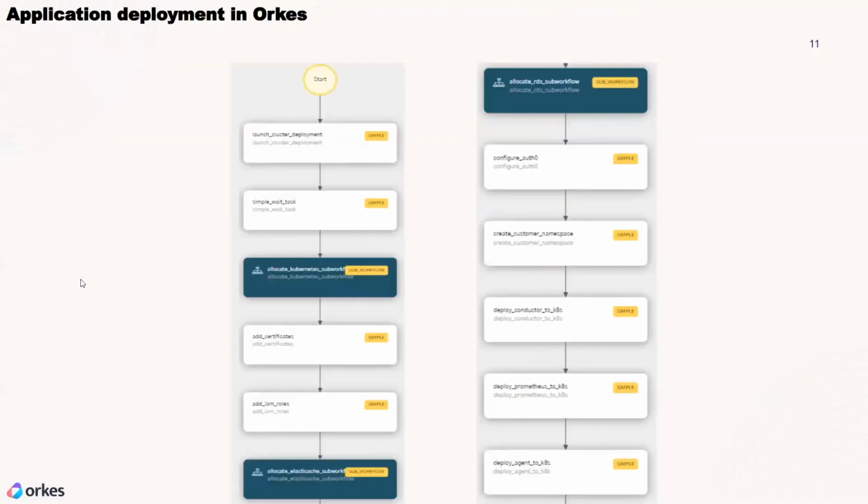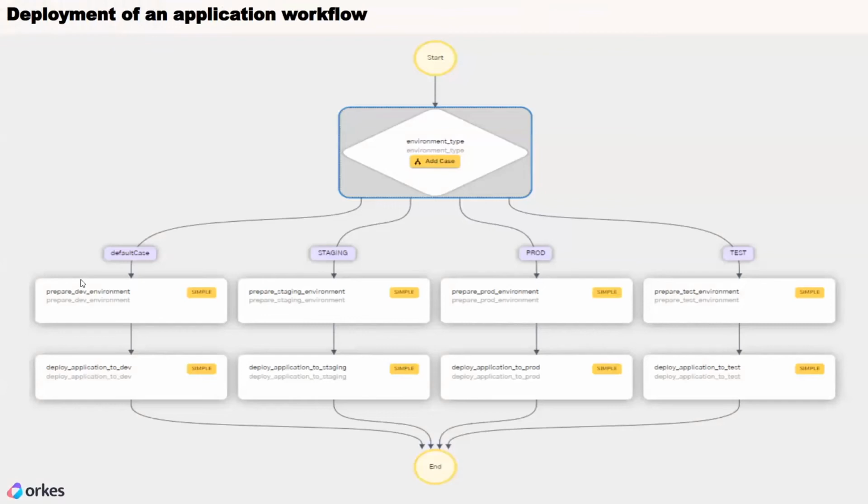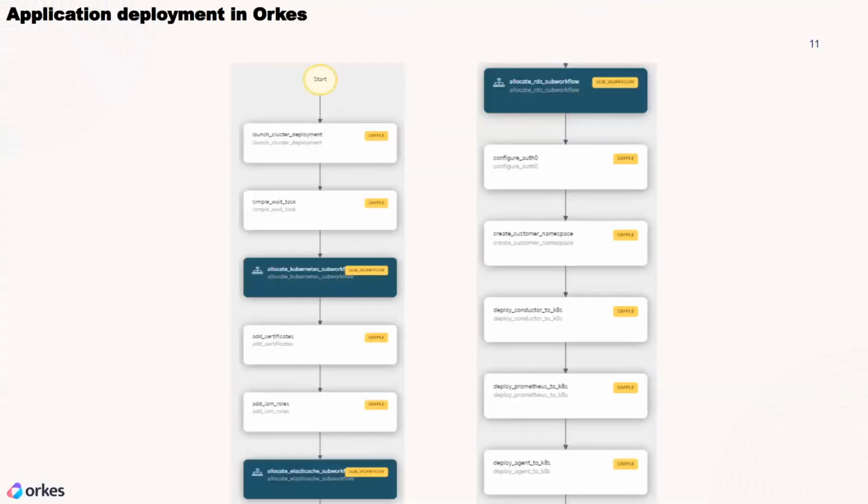So what we have discussed is the example of the deployment workflow, where we can deploy based on the type of environment being passed as workflow input. Now this is an example of the actual workflow we use at Orkes